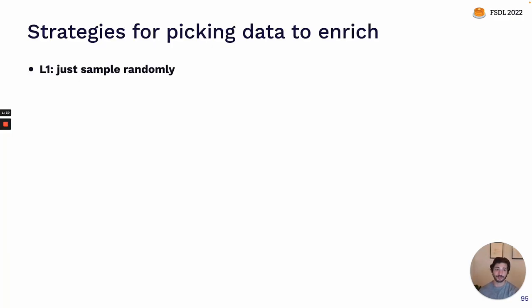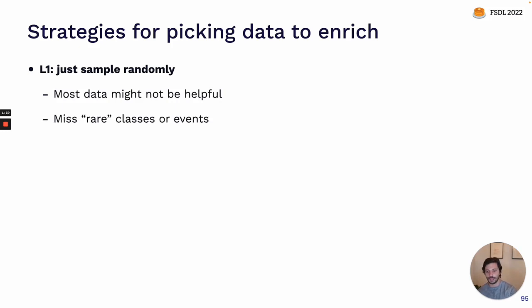The most basic strategy for doing this is just sampling data randomly, but especially as your model gets better, most of the data that you see in production might not actually be that helpful for improving your model. And if you do this, you could miss rare classes or events. Like if you have an event that happens one time in every 10,000 examples in production, but you are trying to improve your model on it, then you might not sample any examples of that at all